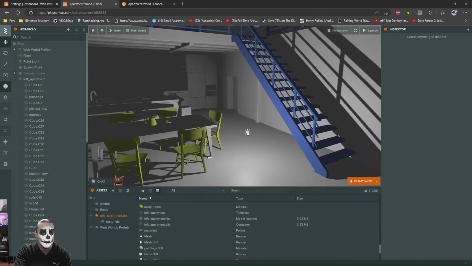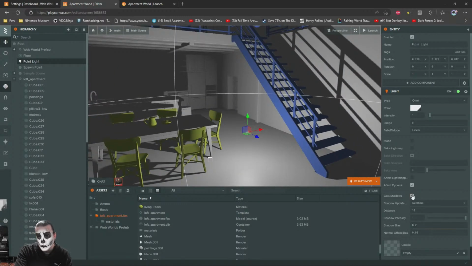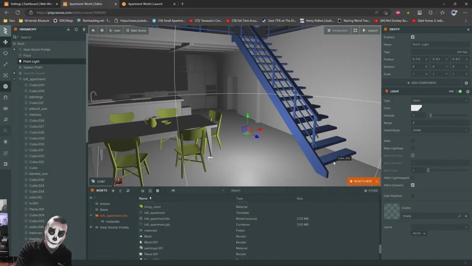Neat. Okay, but I actually don't want to use real-time lighting if I can avoid it, because it's way more performant, way more optimized to not use real-time lighting than it is to. It's going to run fine on a gaming PC anyways, but if you want people to be able to run it on their phones, perhaps even their outdated phones, then you'll want to be what I call hyper-optimized. You want to be more than optimized. You want to be as optimized as possible because you never know what your guest's system specs will be on